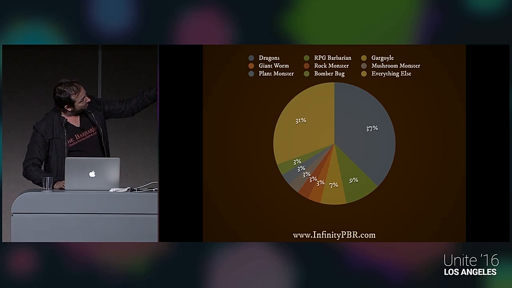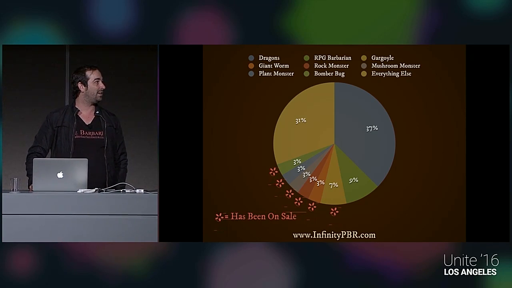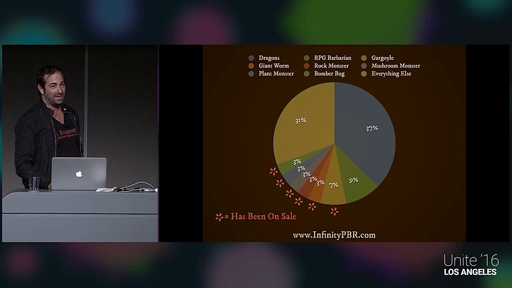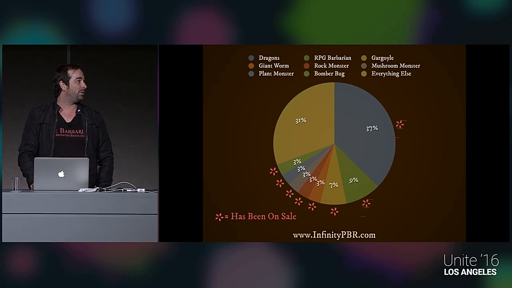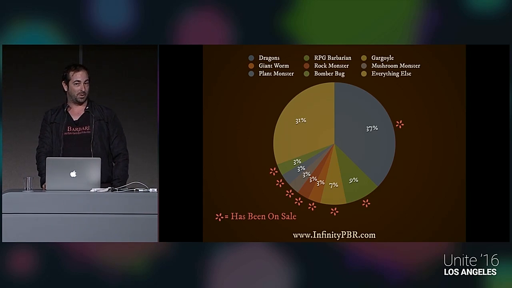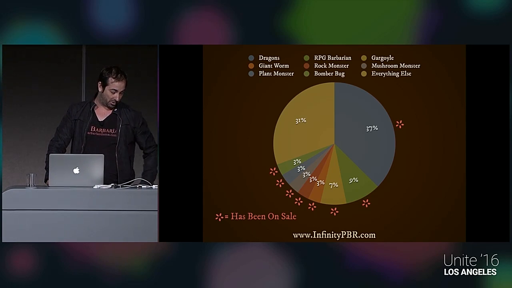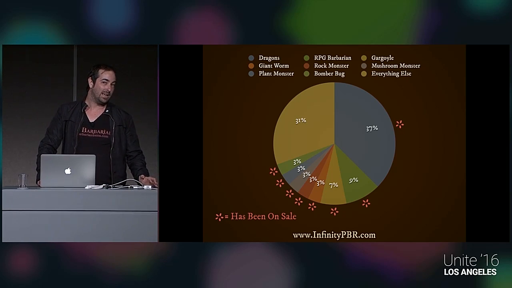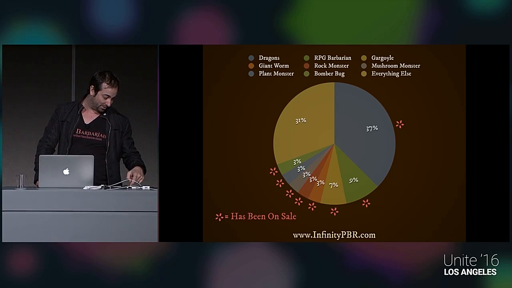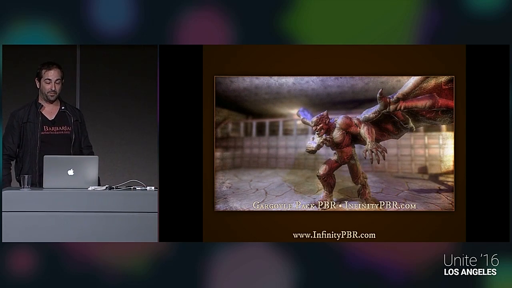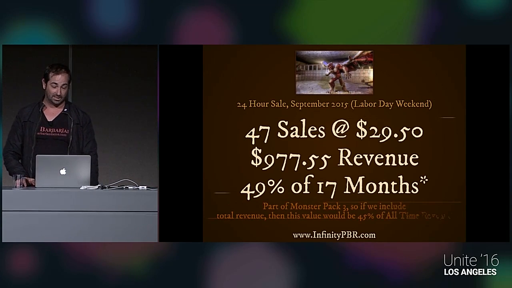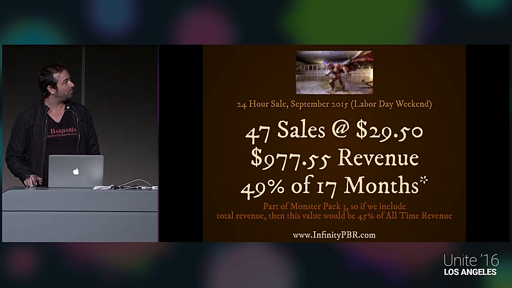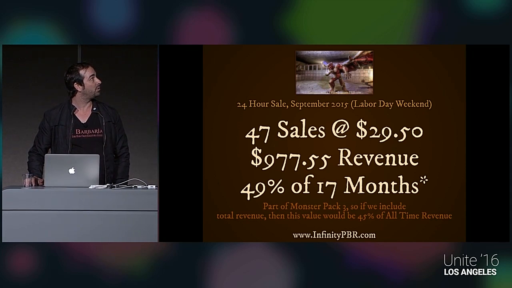And the other big ones there that make up the tiny amount, those have all been on sale in one form or another on any of the Unity Asset Store sales, and everything else makes up smaller amounts. But the truth is that the other two have also been on sale, because sales with the Unity Asset Store are tremendously important. Without those, and without the dragon, I wouldn't be here right now, because I would have given up. So let's talk about money and sales. The Gargoyle pack was my first character, also the first one featured on a sale in September of 2015. Labor Day weekend, it was a 24-hour sale, which I'm sure you've all known about, the 24-hour sales.